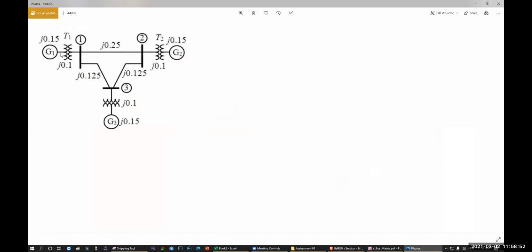we have to reform this and make a one line diagram, that means the reactance diagram or the impedance diagram here. Then you have to convert them to the admittance diagram. Okay, so at first,